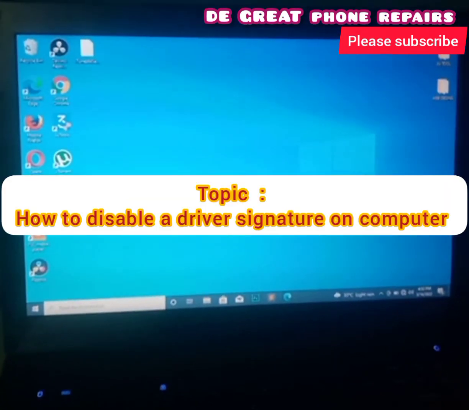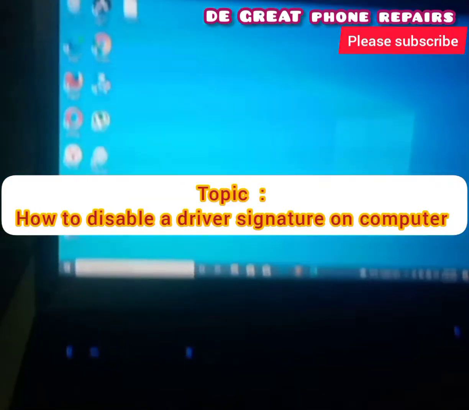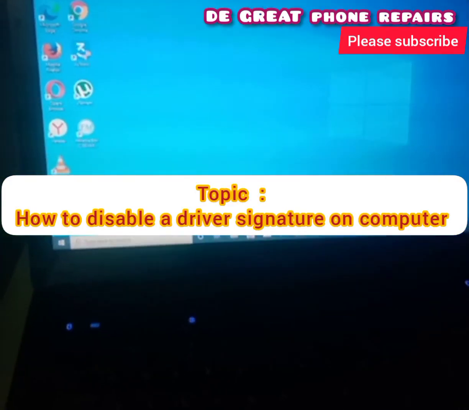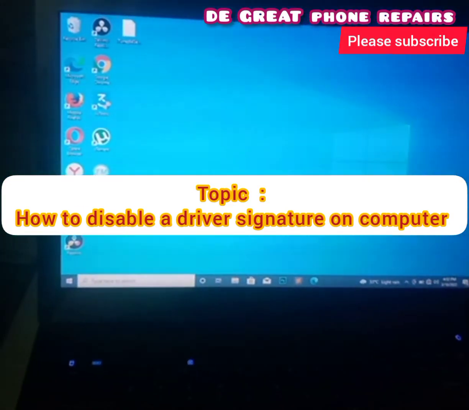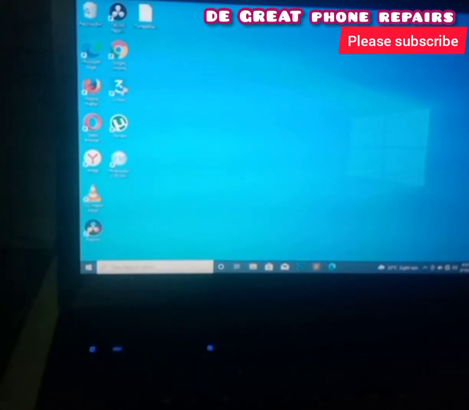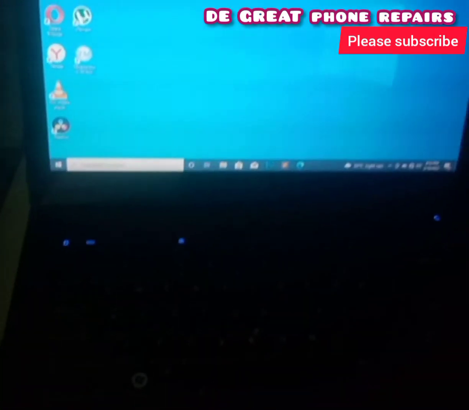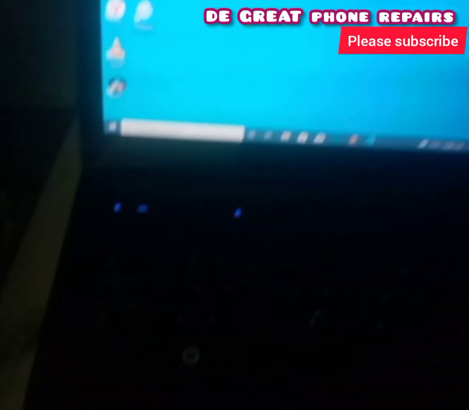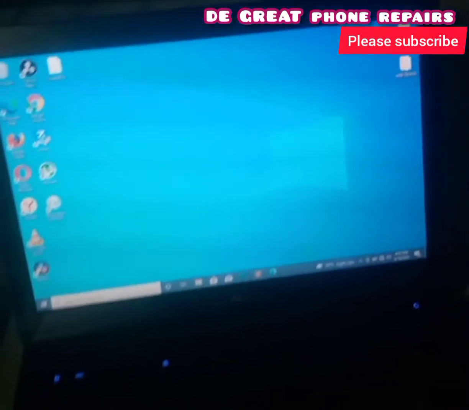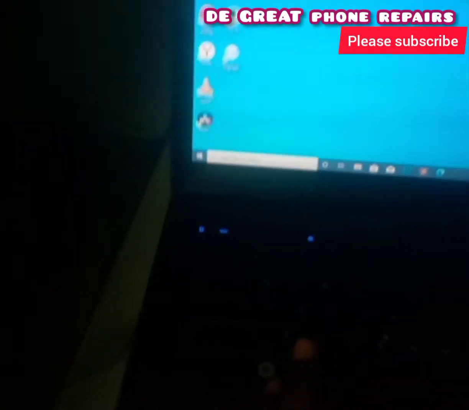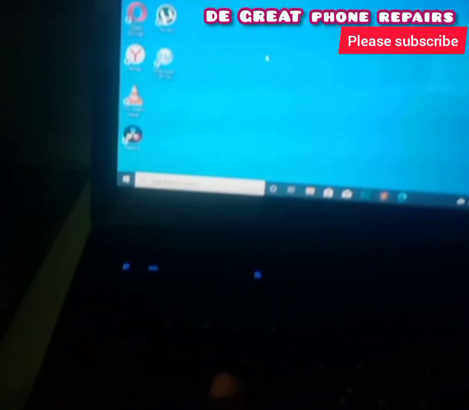Today I'm going to be showing you how to disable a driver's signature on a PC. Before installing any advanced program that Windows 10 does not support, you need to disable your driver's signature. So first of all, what you do, you move your cursor